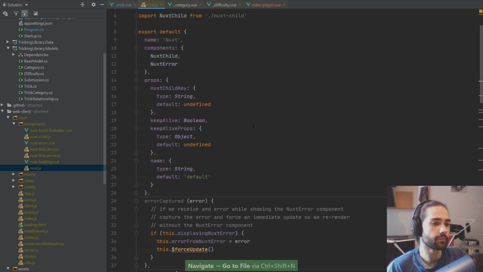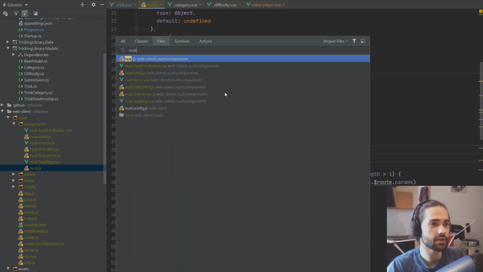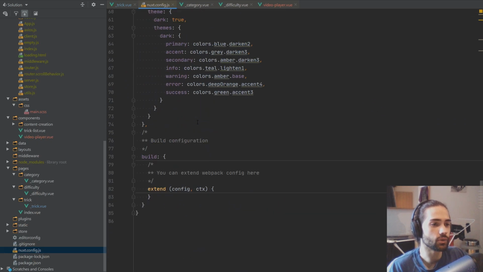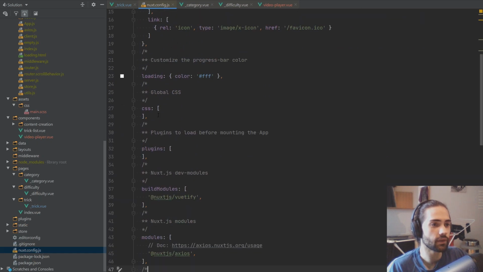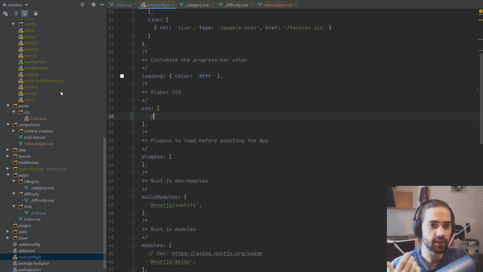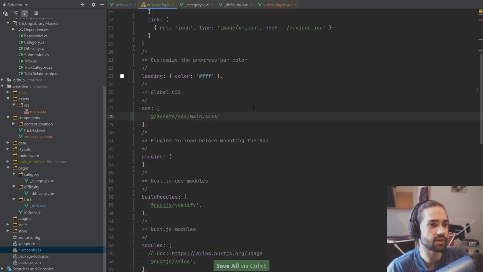And one thing is in the Nuxt config, this is where we will have to supply the path to the CSS, right? So @ is basically the local directory for the web client here, and we're gonna go /assets/css/main.scss. So we're just loading CSS from this file,